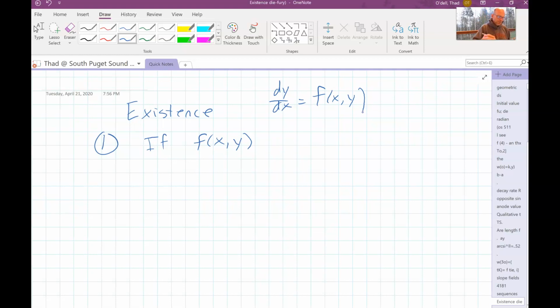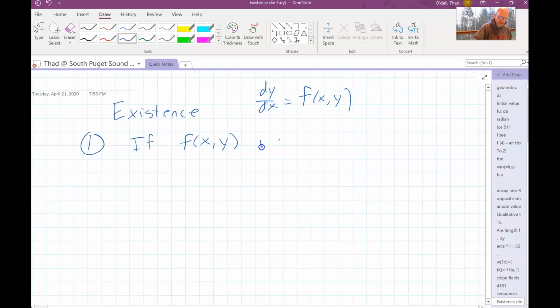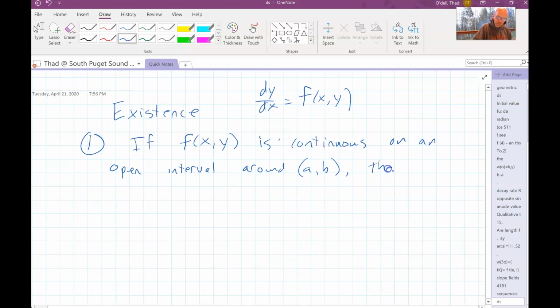if f(x, y) is continuous on an open interval around (a, b), then